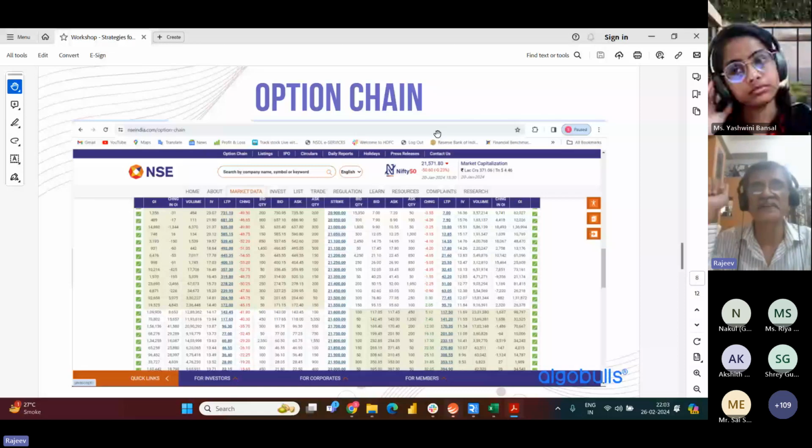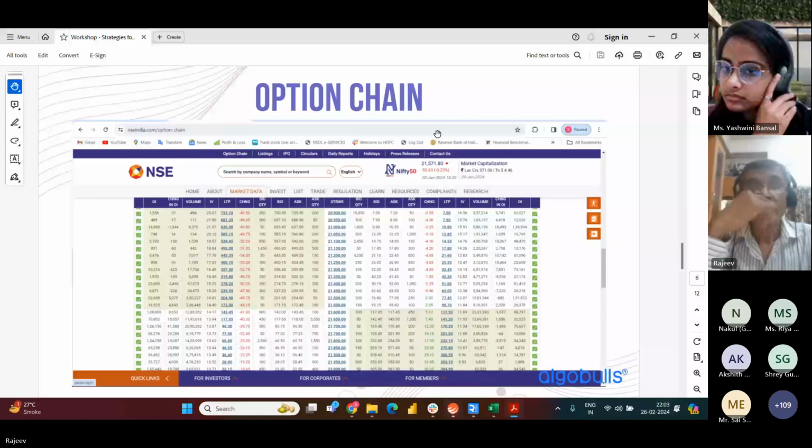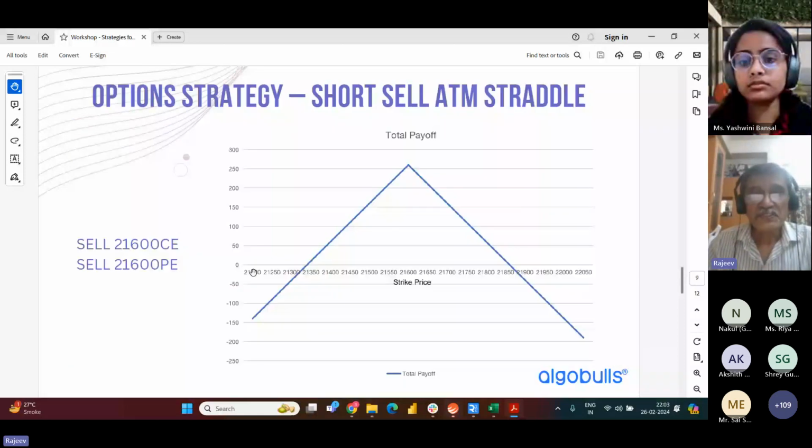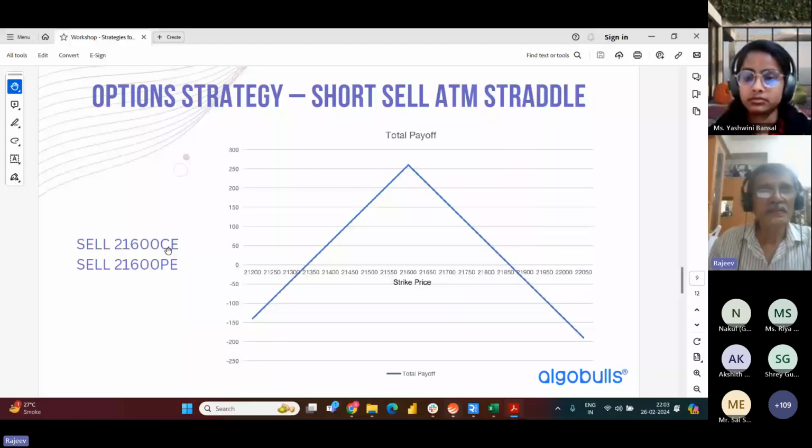Next is this option strategy payoff chart. So these are the strike prices on the x-axis, different strike prices. This is the Nifty chart. This is for Nifty, and the position that I have taken is buying of 21,600 call option and selling of 21,600 put option. And this generates this payoff table, payoff chart. What it means is this triangle at the center is the region that is profitable for me as long as the price remains within this triangle.